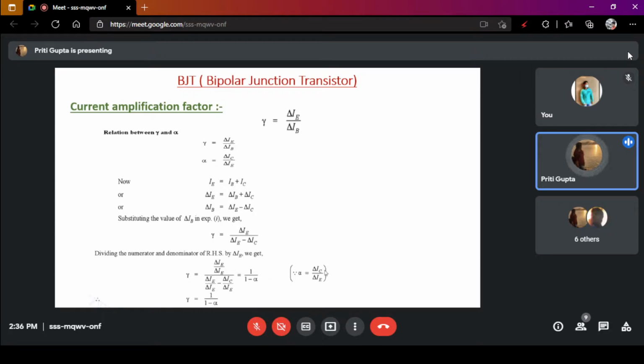Ma'am, you said this circuit is seldom used. I mean, it's not used anywhere? No, it's actually used in impedance matching. This type of circuit is used for impedance matching. Suppose there is a very high impedance source, and from there you want to derive a low impedance. For that purpose, this type of circuit is used. It is not used for amplification purposes. You may write that for impedance matching, this type of connection is used.